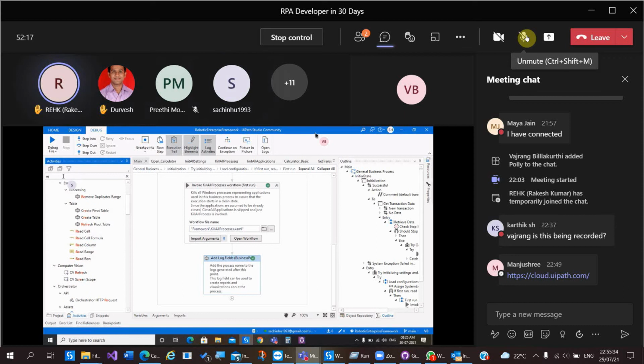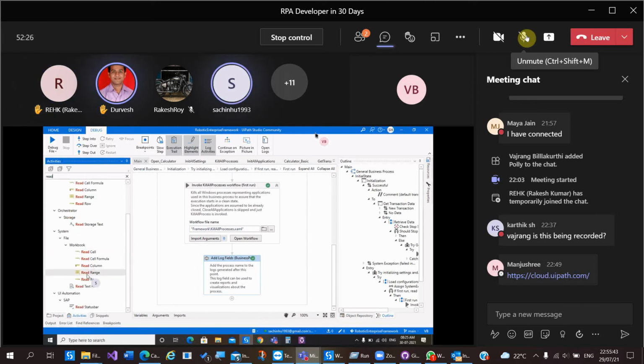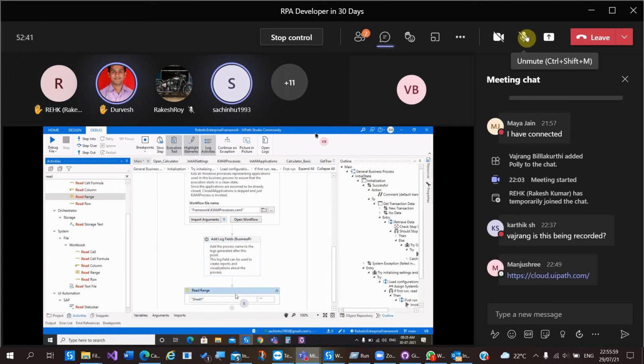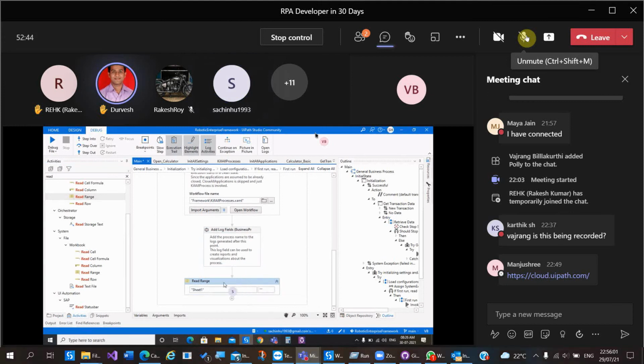Type read range. Yes. There is a workbook read range activity. Just drag it here. Not this one, this one is in system file workbook.